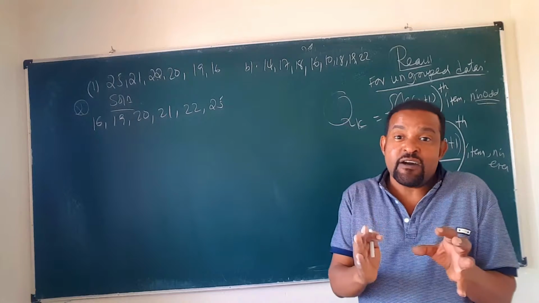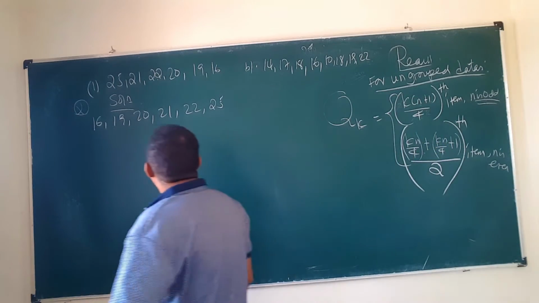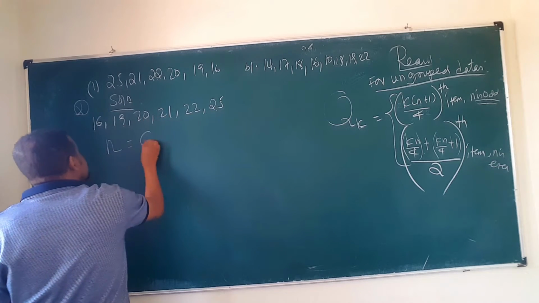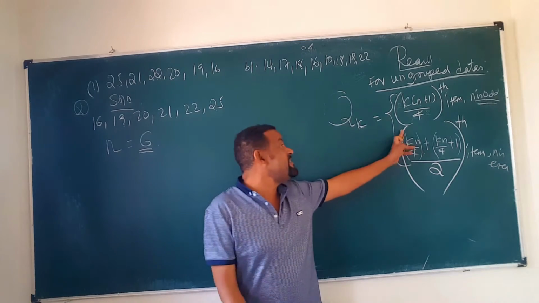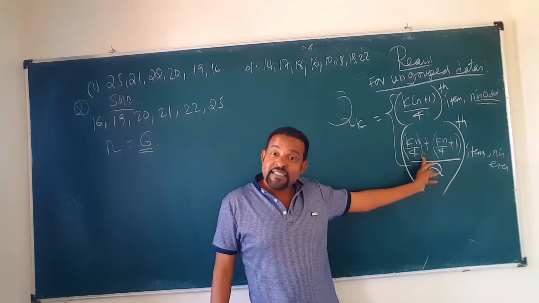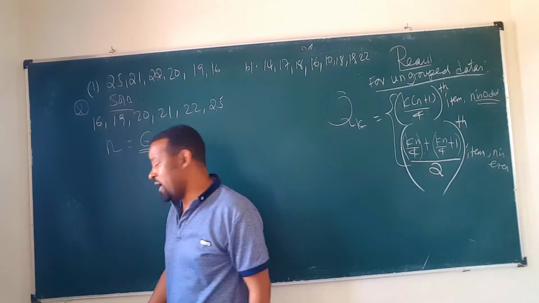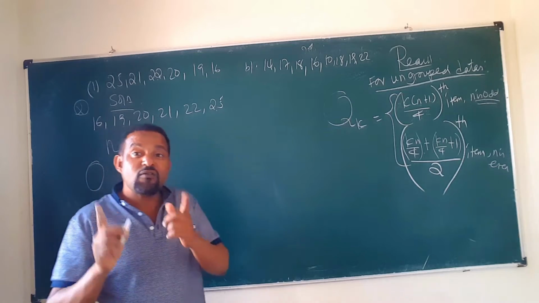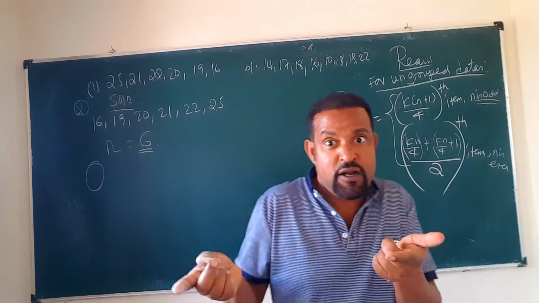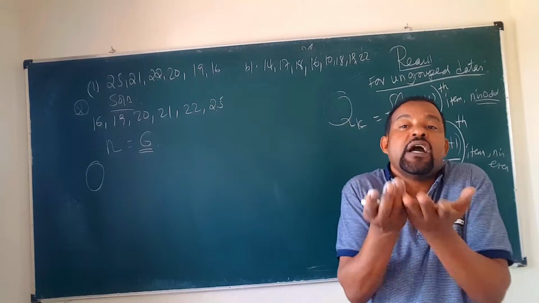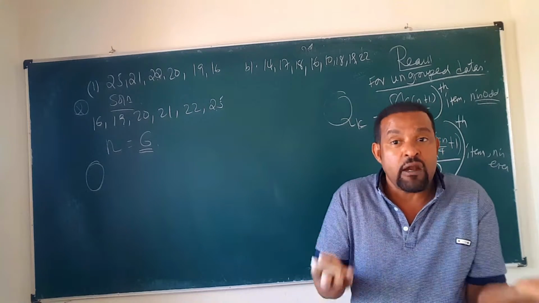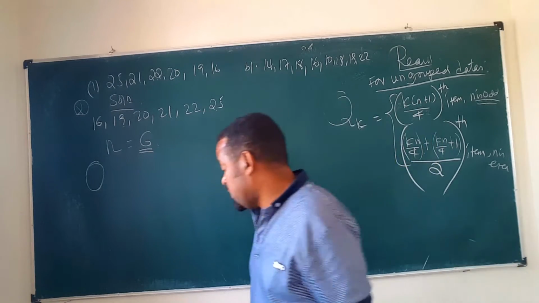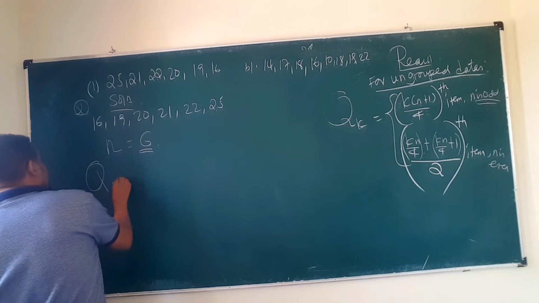ዳታውን ከትልቅ ወደ ትንሽ arrange ካደረግን በኋላ, now what is the number of data? 1, 2, 3, 4, 5, 6, which is 6. So 6 means even ነው ማለት ነው, ስለሆነ የትኛውን ፎርሙላ እንጠቀማለን? ሁለተኛውን ፎርሙላ እንጠቀማለን. Now our objective is to calculate the interquartile range, which means Q3 minus Q1. ስለዚህ Q3 እና Q1 ብቻ ነው የምፈልገው. Q2 ሚዲያን ነው, ብትፈልጉት ጥሩ ነው ለኢንትራንስ ኤግዛሚኔሽን ሚዲያንን ሊጠይቅ ስለሚችል. No problem, so Q1 is equal to, based on that formula,